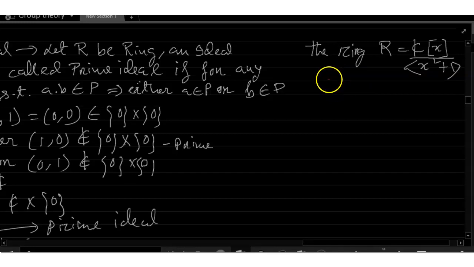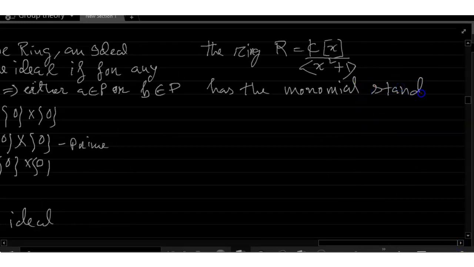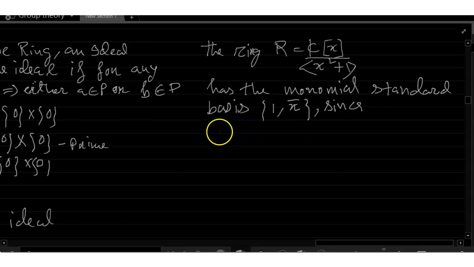The standard basis has the monomials 1, x bar, since x bar square plus 1 bar equals x square plus 1 bar equals 0 bar in R, in capital R,